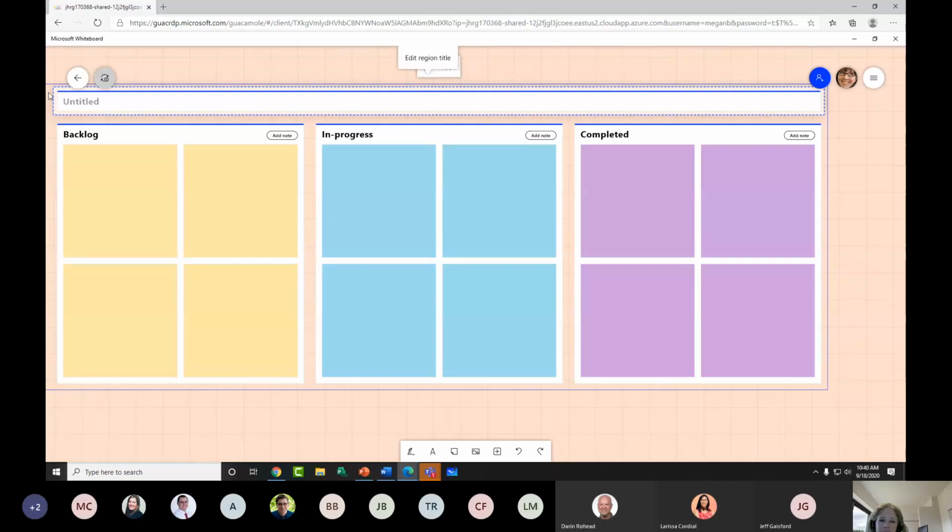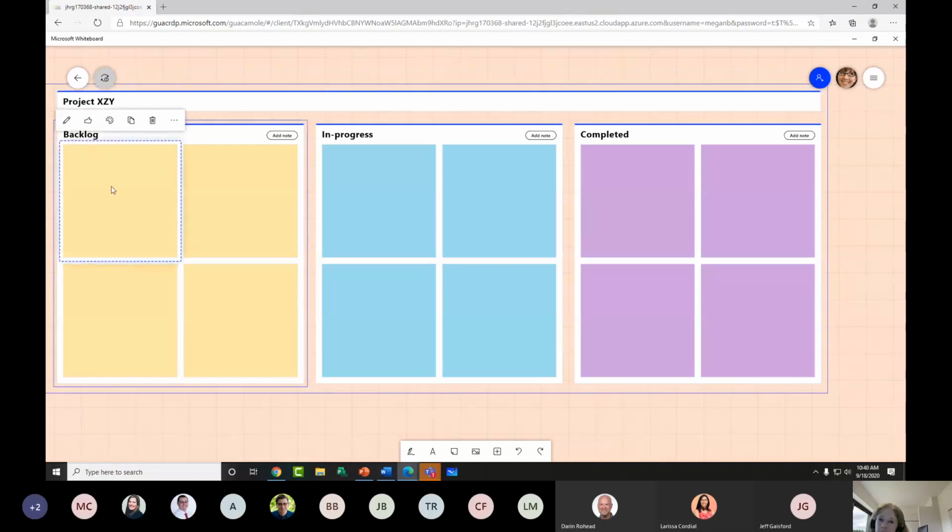If I say edit, then I can come here, and once I click on the edit button, it's going to allow me to actually type in my title. So we're going to type in that this is for project XYZ. Then to start adding text to the sticky notes, I'm going to click on the given sticky note in the specific board, come to the edit button, and then I can start typing in the text.